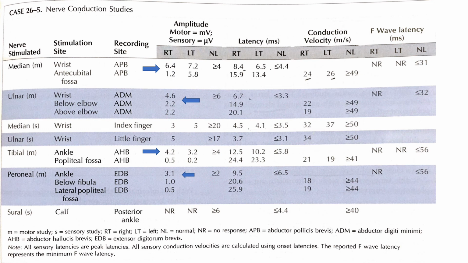So we can see conduction blocks in almost all the nerves. Also, if we look at the latency, they are prolonged and in the demyelinating range, and the conduction velocities are also reduced in the demyelinating range. So even if the amplitudes are low, we see that this is a demyelinating neuropathy because the latency and conduction velocities are in the demyelinating range, and the reduction in amplitude can definitely be attributed to the conduction blocks that can